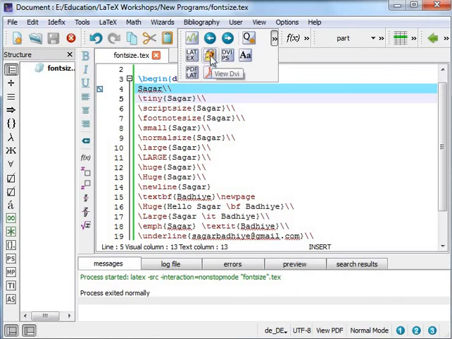There is the DVI viewer that will just view the output in DVI format. There is a DVI to PS converter that will convert the DVI file to PostScript format. Then there is the pdfLaTeX command that will convert the given text file into PDF format, and there is Acrobat Reader that will view the PDF.